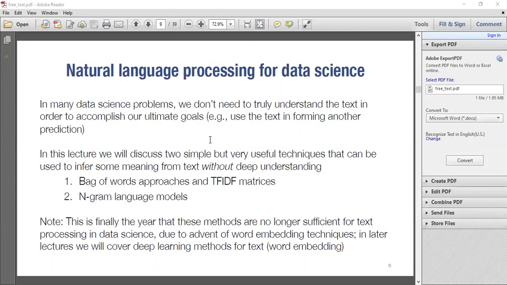But here we'll be concentrating on two basic approaches, the bag of words approach and TFIDF, which is term frequency, inverse document frequency, and then we'll be working with the n-gram language models. Now, what